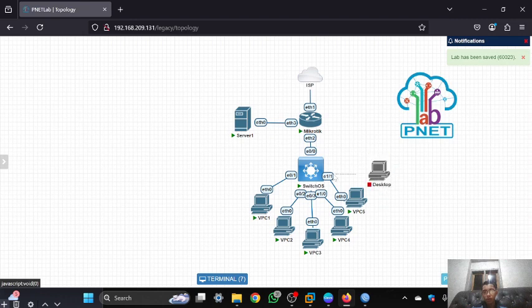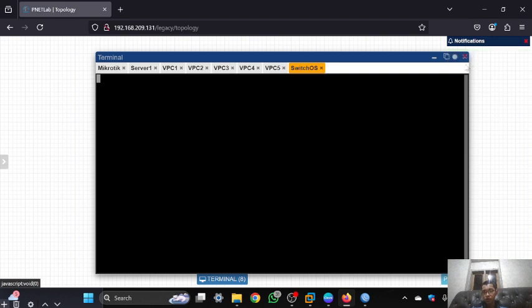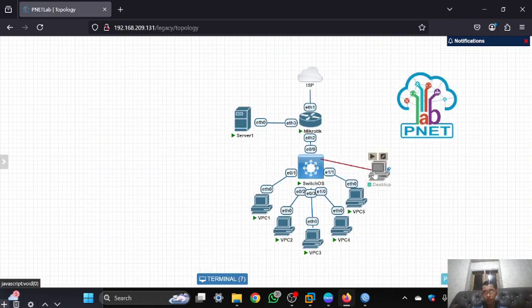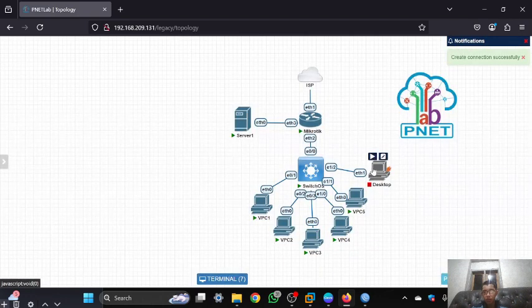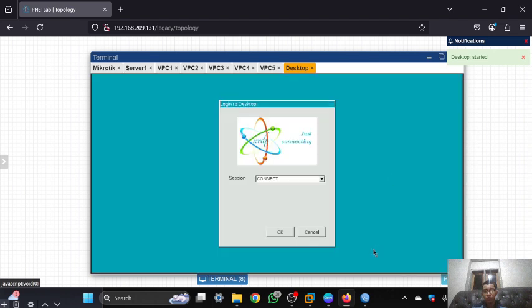And then you can connect the desktop to the switch. Then you can run the desktop. It will take a while, and you can open the desktop and you can click OK.